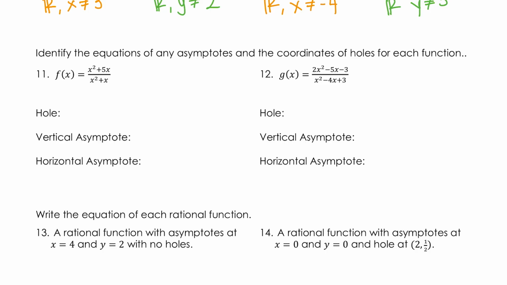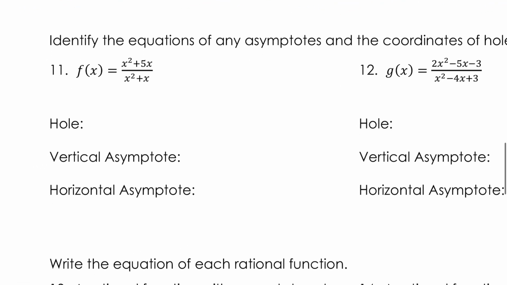So we first want to start off by factoring. And number 11, factoring both the numerator and denominator, we have a GCF of x. So I have x and x plus 5 in the numerator, and x plus 1 in the denominator. So if I reduce,